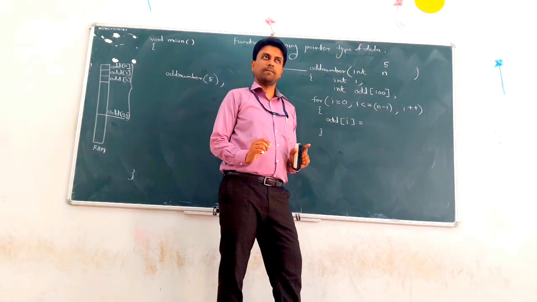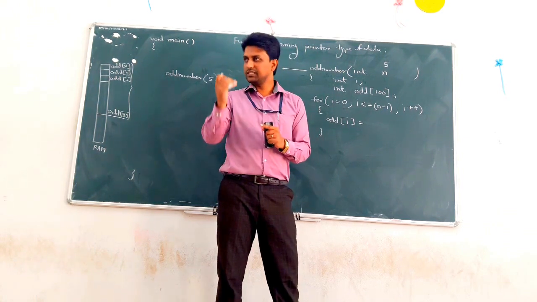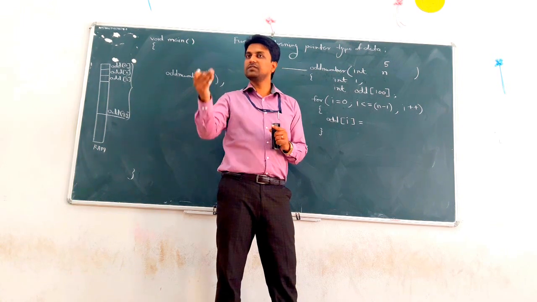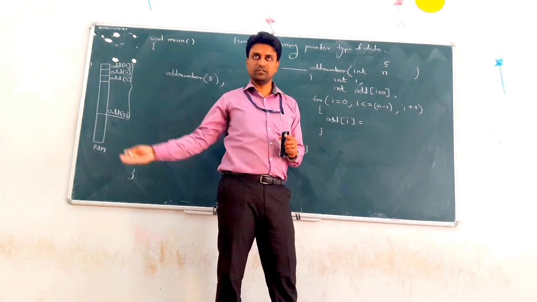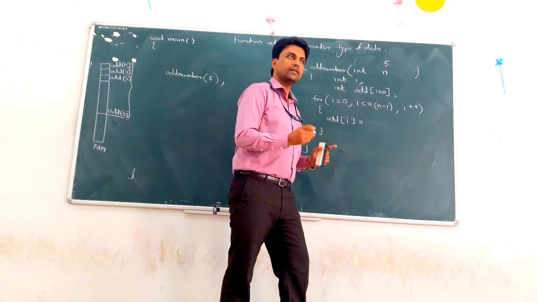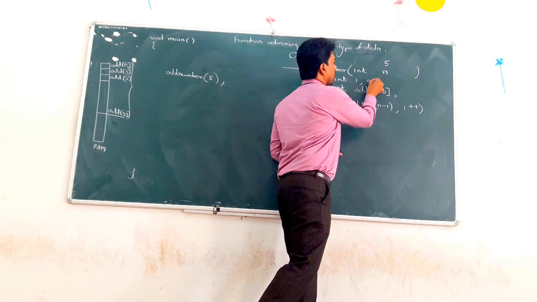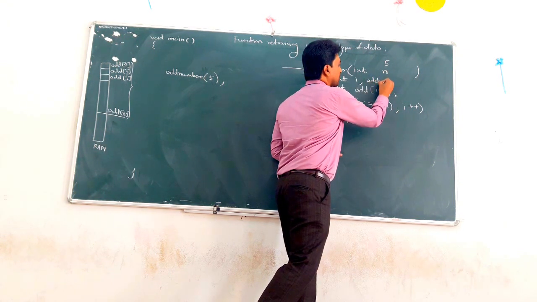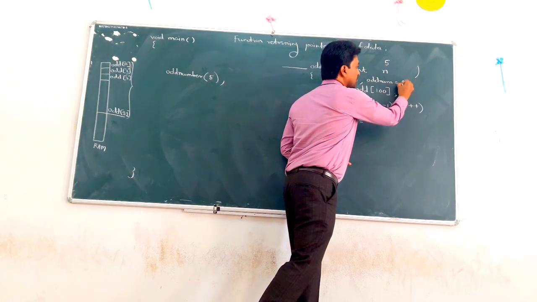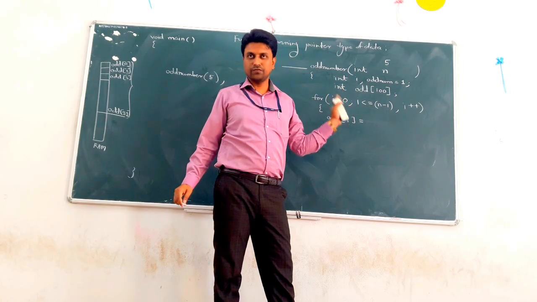No. For that we have to apply some logic. First it is 1, second time it is 3, third time it is 5, and so on. Clear? So for that purpose, how can we write it? Suppose for that purpose we take one odd number variable, which is initialized to 1.